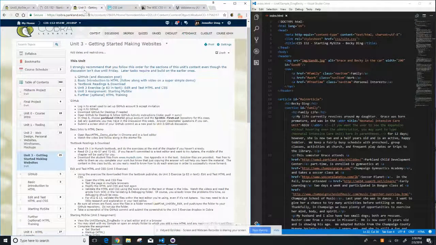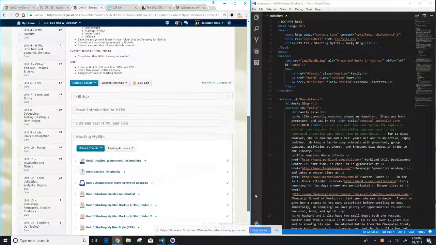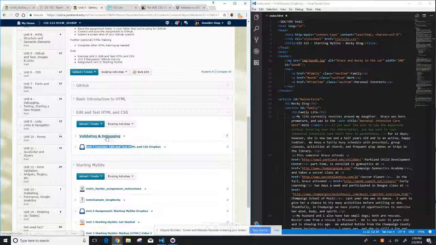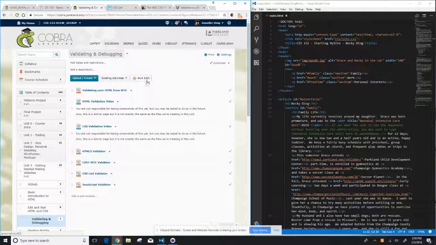So if you happen to have forgotten, earlier in this unit 3, in the edit and test section, edit and test HTML and CSS, there's this validating and debugging section, and it has in it some links to some validators. So the HTML5 validator is really just the most common one. There are a couple different CSS validators that are very common, very prominent in use, and a JavaScript validator, but